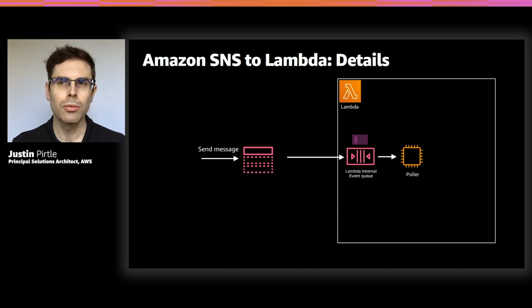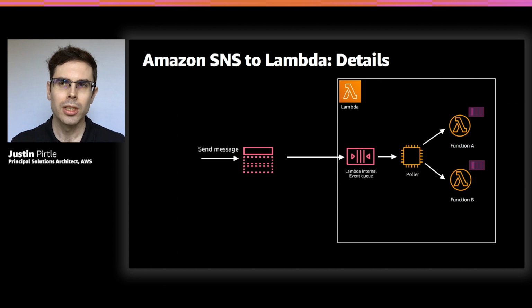And from that queue, Lambda runs a managed poller on your behalf. So the poller pulls the message from the queue and looks at the message and can tell that the message is for function A, and we have another message for function B. Both were in queue. So the poller invokes creation of your sandbox environment or your function instance environment, where function A and function B both get the message.